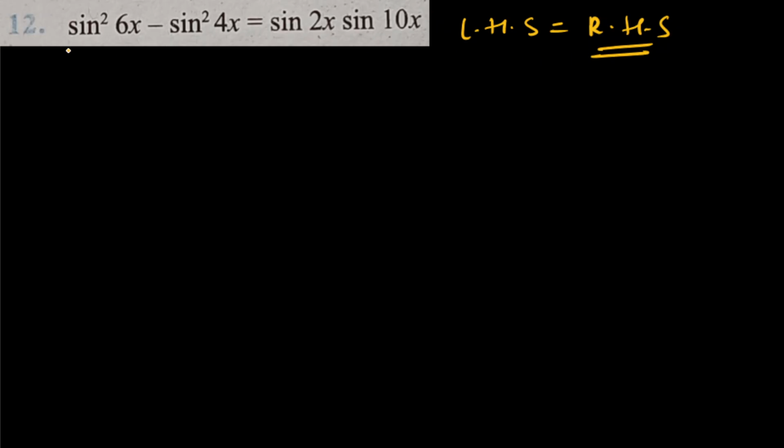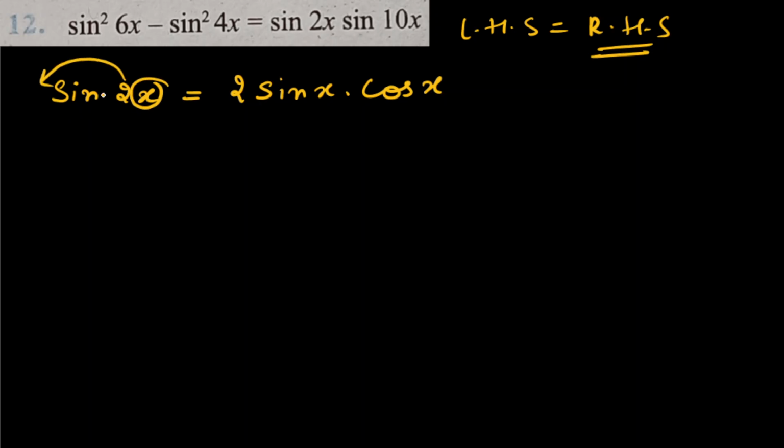So one new formula here I am going to tell you. The formula is sine 2x. Sine 2x is equal to, so here twice of the angle. Sine 2x is equal to 2 sine x into cos x. Like here 2 times the angle. Whatever angle is there, this 2 will come out and this angle will be inside, with 2, with sine as well as with cos. So this is the new identity.